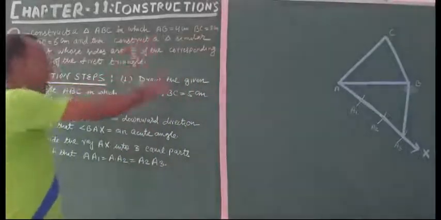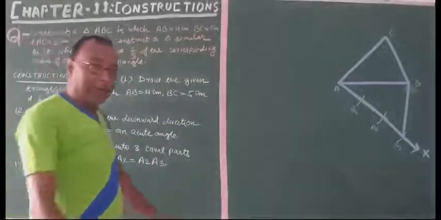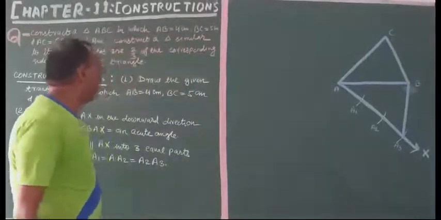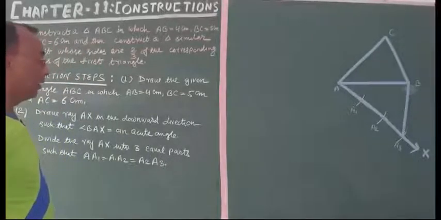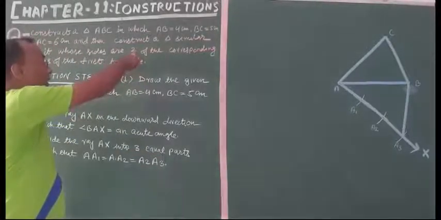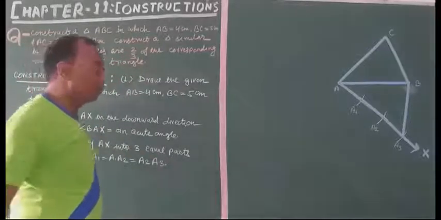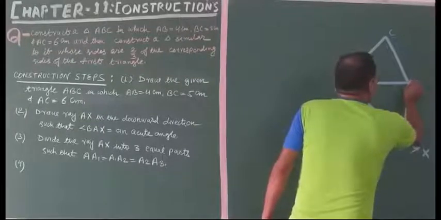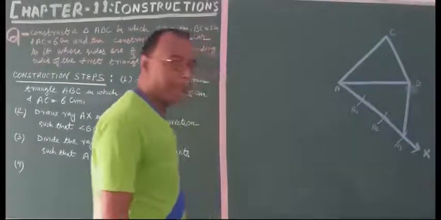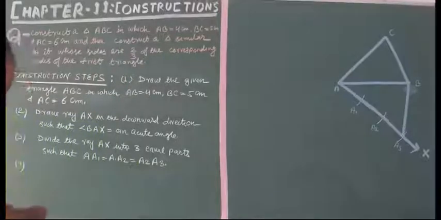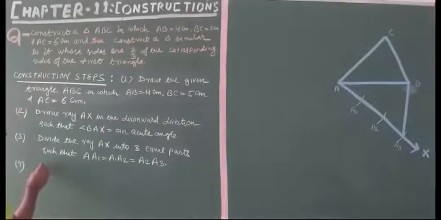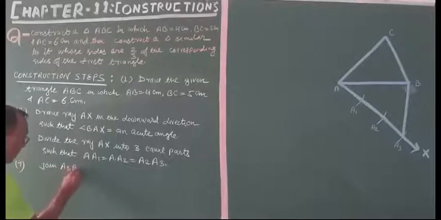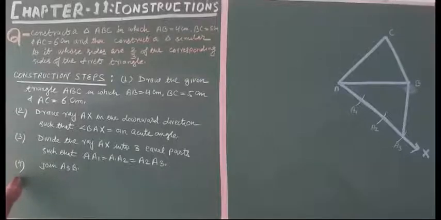But 2/3 means the new triangle is smaller in size. So for a smaller triangle, we will join the greater part of the ratio, that is 3, to the next point B. Is it there? So what is our next step? Join A3B, and look at the fifth step.